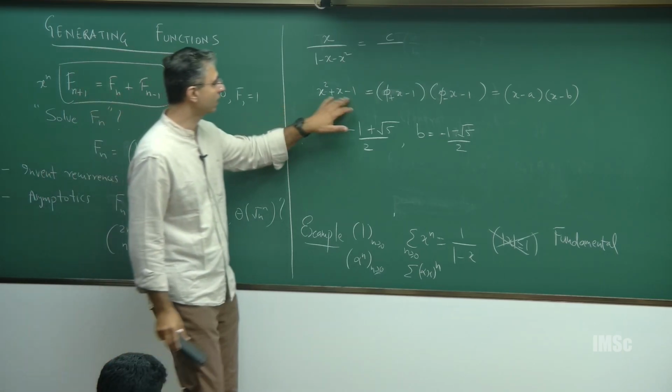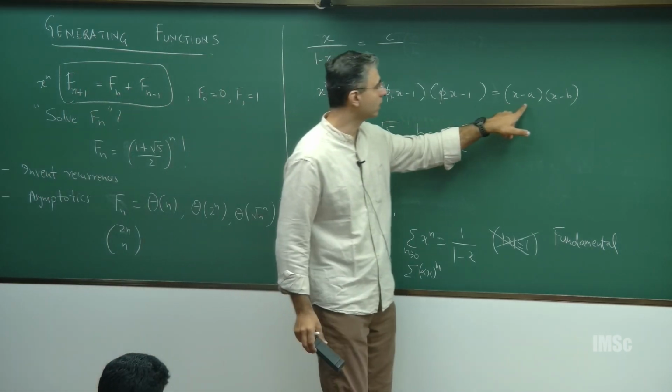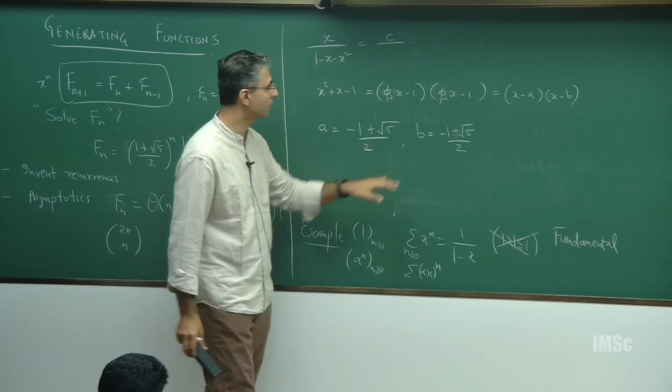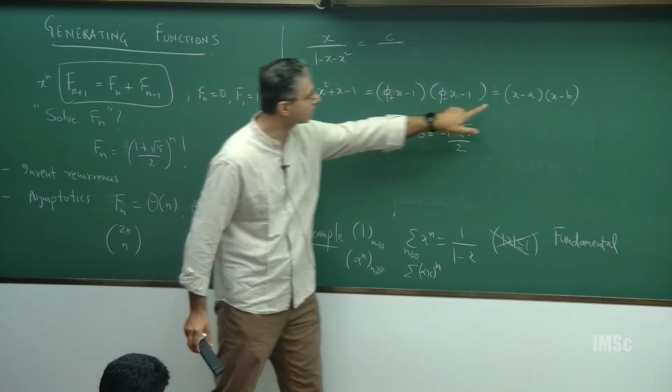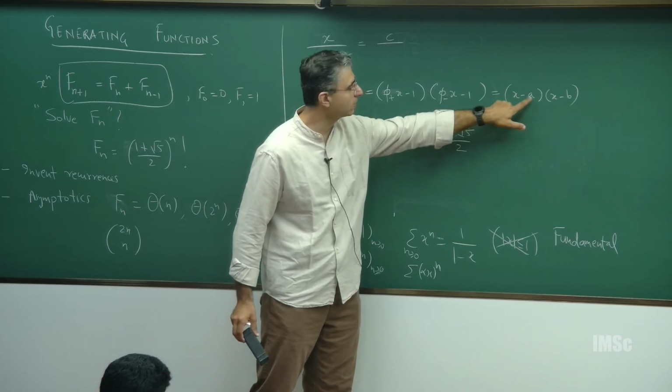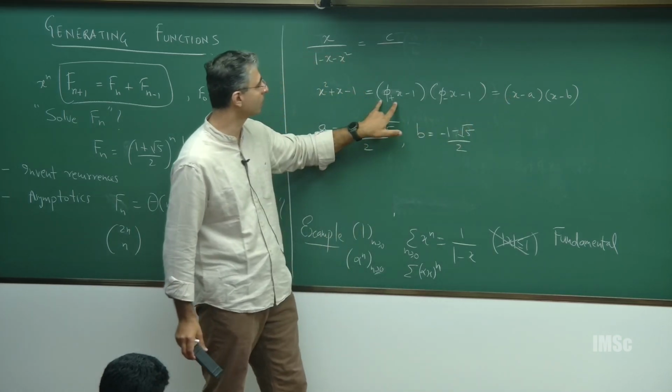So, we know that this x square plus x minus 1 is equal to x minus a into x minus b, a and b are this, but we really want to write it not here, the constant should not be there, but here there is. Okay. So, we want to write it in this form,